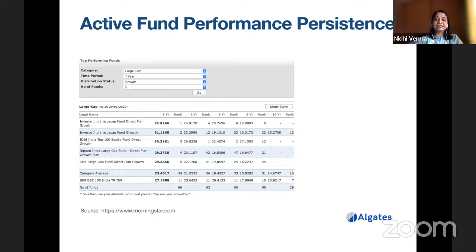So like this, if you go and you see 5-year performance and even 10-year performance, I think many of these funds did not exist 10 years back. So many blanks are there. But then still the point what I am trying to make is that the persistency in the performance is not up to the mark. And the same fund managers are not able to repeat their performance over the period of years.